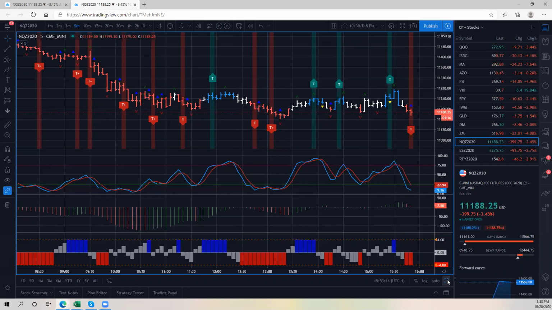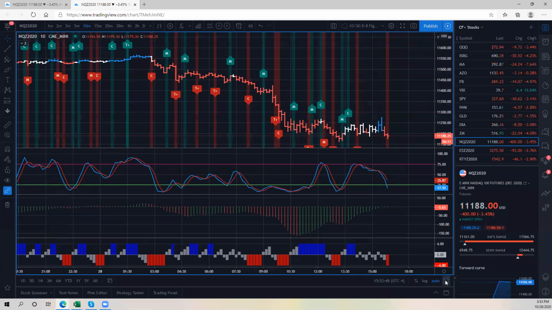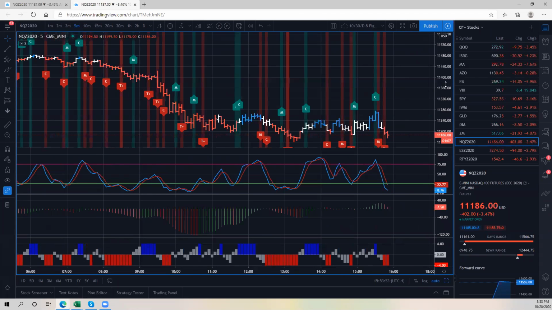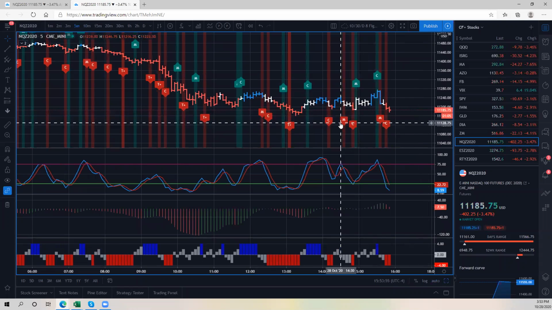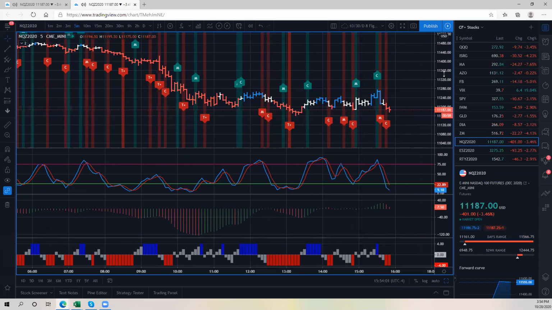I'm actually on the wrong one here. This is what I want right here. And 5 minutes, because this shows all the signals. So they start telling themselves a story. Well, I'm not going to trade consensus signals anymore because they don't work out for me. And that really is